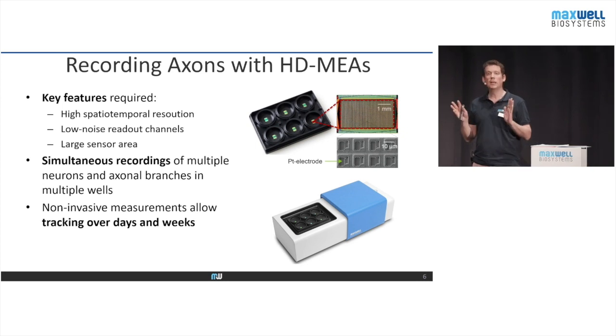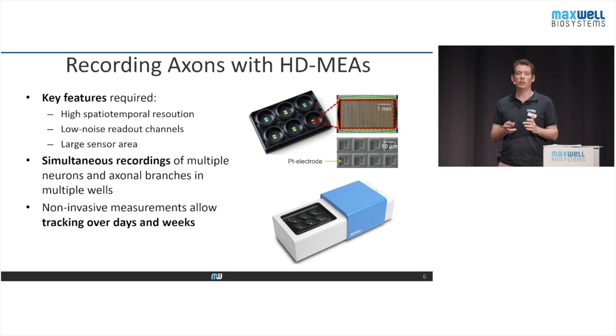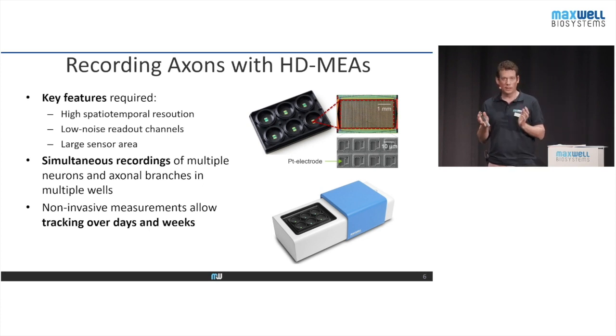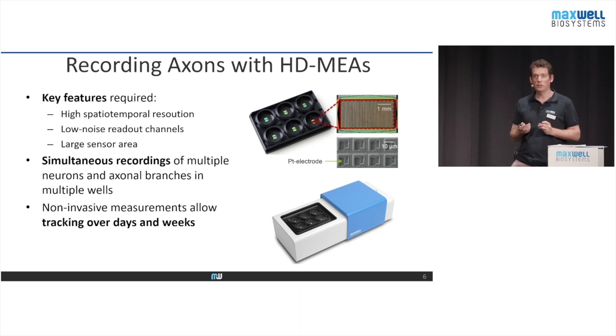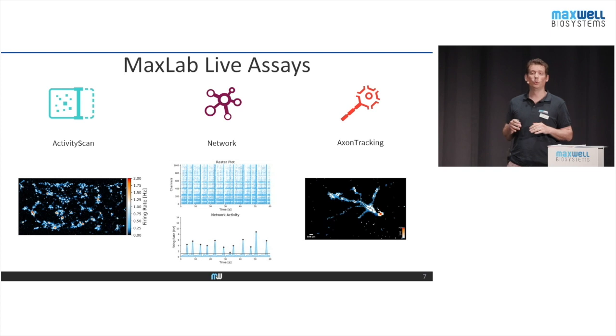So in summary, a system, as you can see here, the MaxTwo, which has multi-well high-resolution microelectrode arrays, allows you to record from multiple neurons and multiple axons on multiple wells simultaneously. And since this is a non-invasive measurement, you can even track and record the same activity over multiple days. Now we are ready to get into